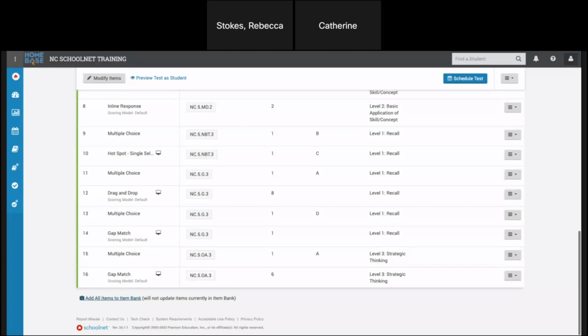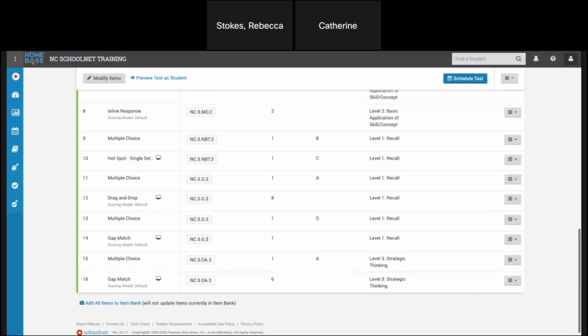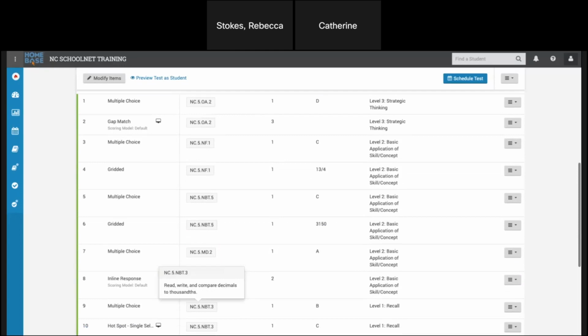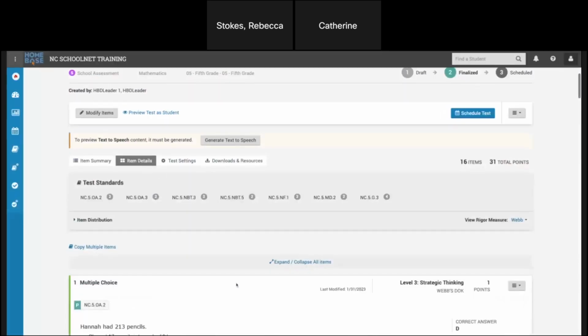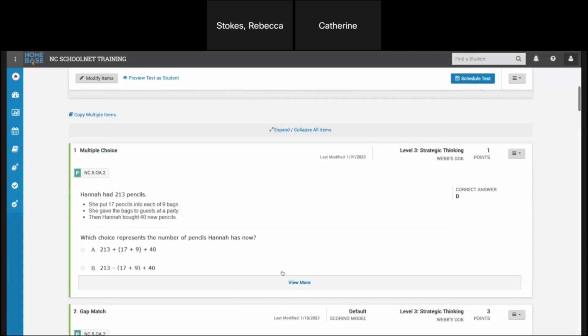Now, there's a little condition there. If the items are already linked to a bank, it will not re-add them. So let me show you what I mean by that. If I change from item summary to item details, and I go to, let me go to,